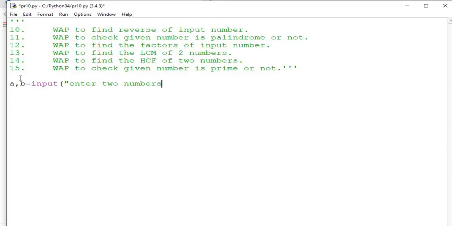There is no need to write int here, because we use the int keyword to convert into an integer, but here you have to convert each number individually into an integer. Enter two numbers, and here you have to split the values into two variables. For this you will use the split keyword.